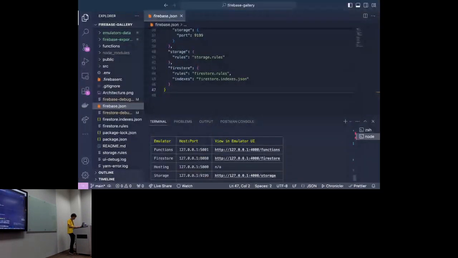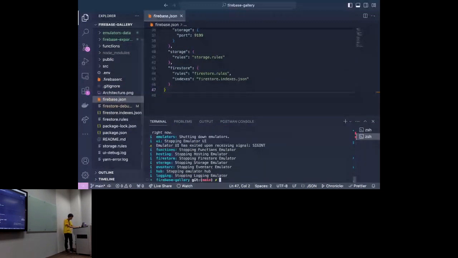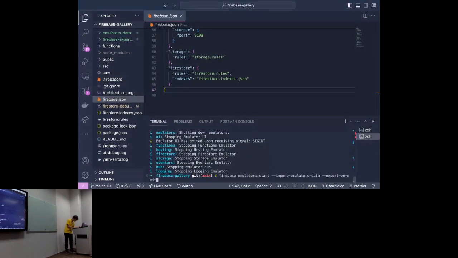Now, let's turn off the emulators and try again. We can also import some data. For example, I add some parameters here: --import to import the emulator data, and then I also add a second parameter, --export-on-exit, which means every data change that I make locally